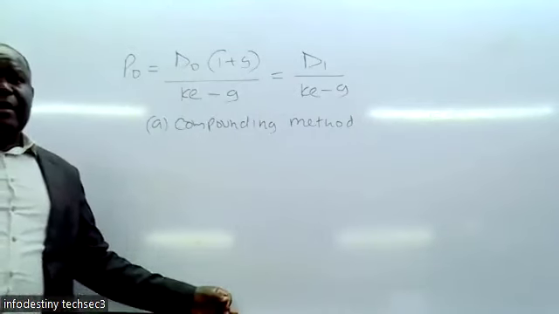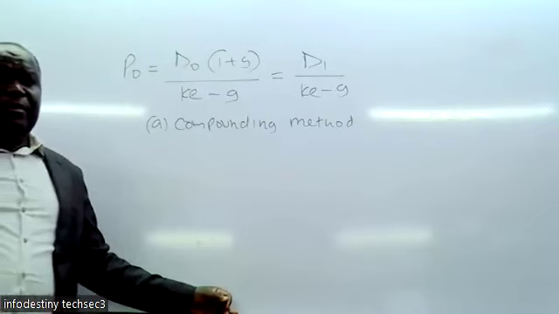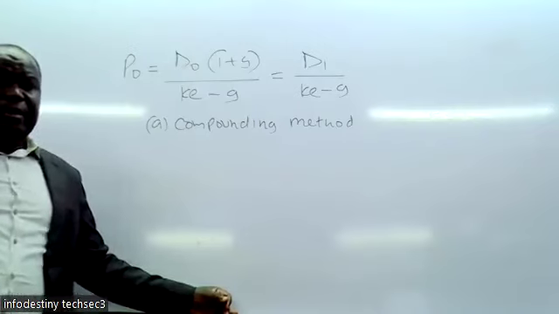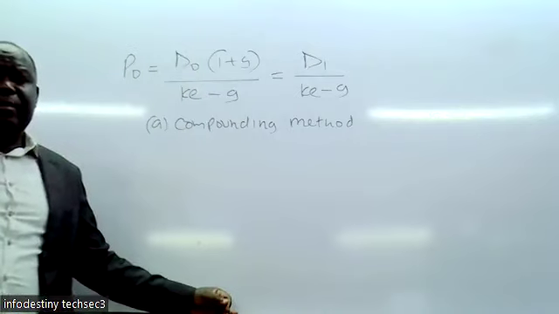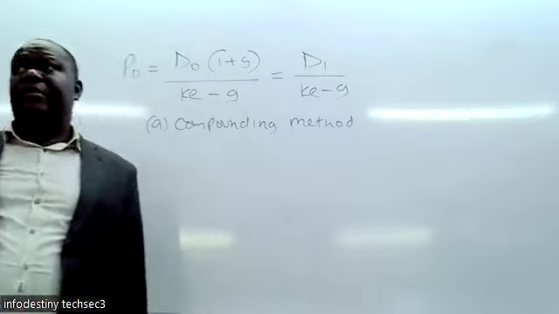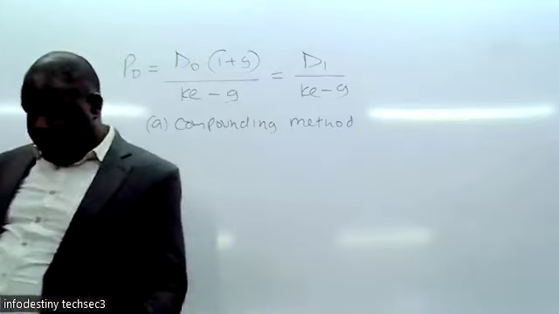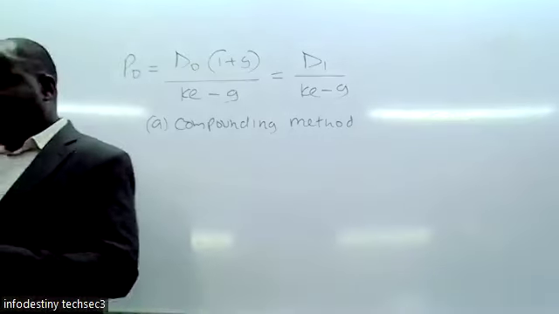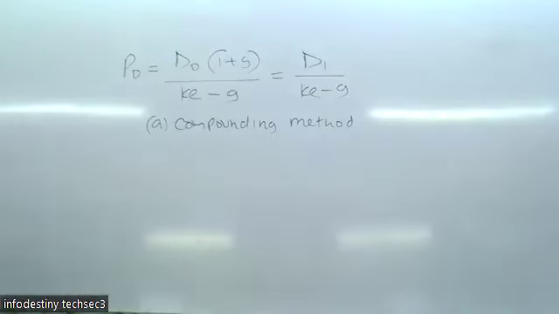So under that, A as the compounding method, we shall summarize that. Under this method, the constant growth rate